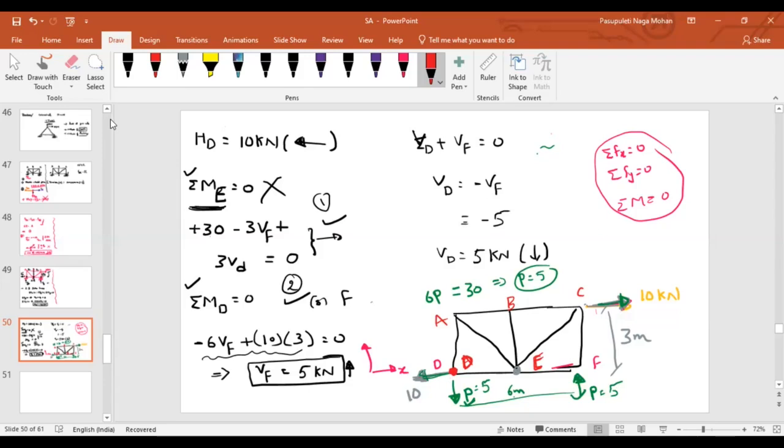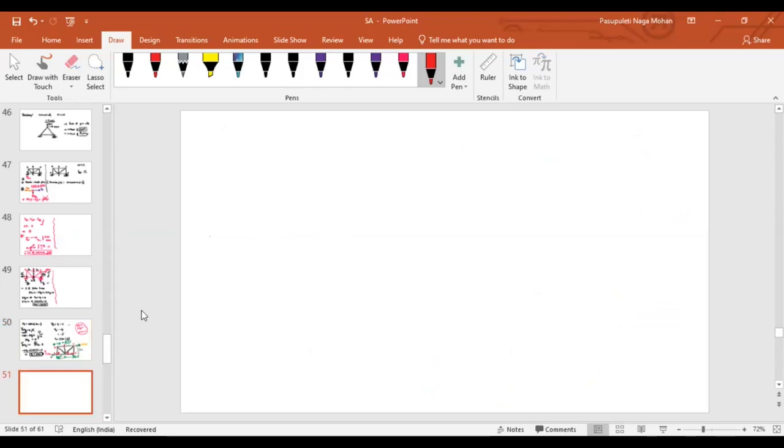Now look at F. How many unknowns are there? At F again, how many unknowns are there? Two, sir. So can I start from F also? Yes, sir. That means in this case, either I can start from D or I can start from F. Right? Now, if I start from D,